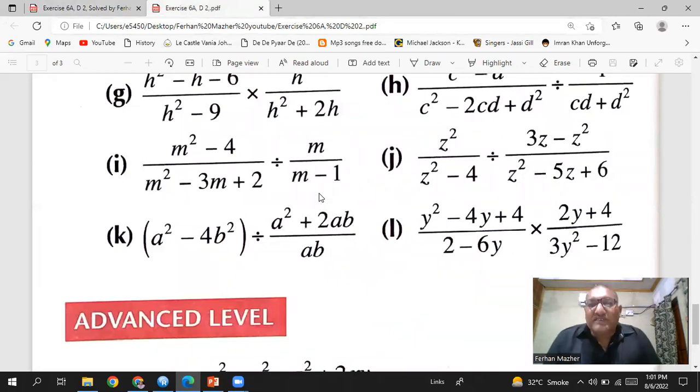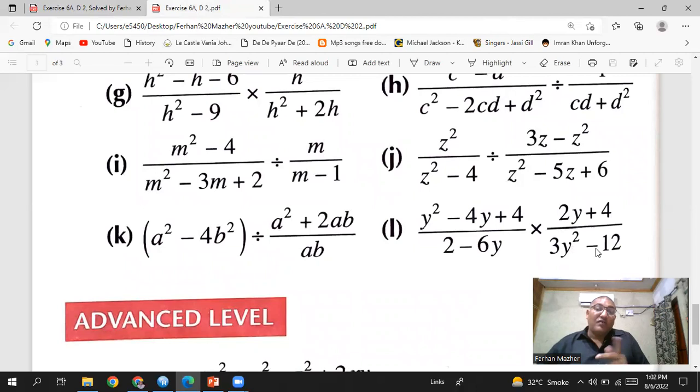So we are going to the next question. The next question is question number 6, and it's L part. He says y square minus 4y plus 4. It's a quadratic expression, and we can factorize it by the midterm breaking. Downstairs, you have 2 minus 6y. We can take the 2 common, and it will be factorized. Here, you can also take the 2 common. From here, you can take the 3 common. And when you take the 3 common in the bracket, you are left with y square minus 4,